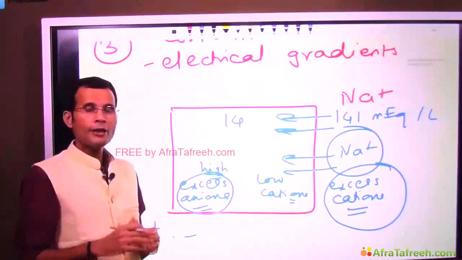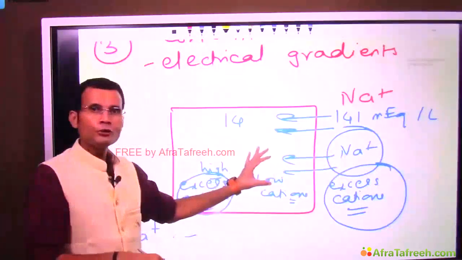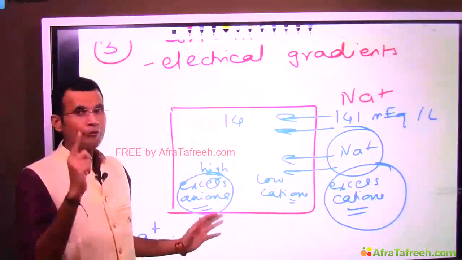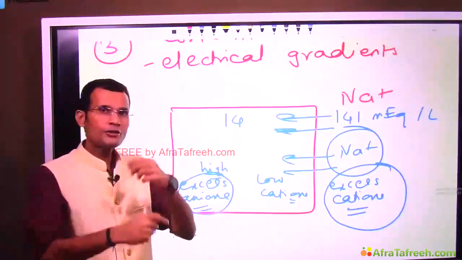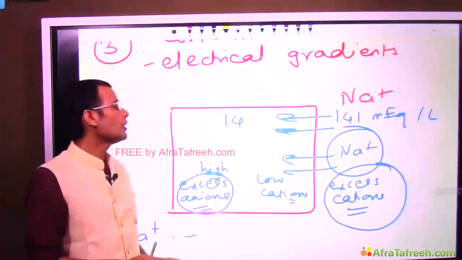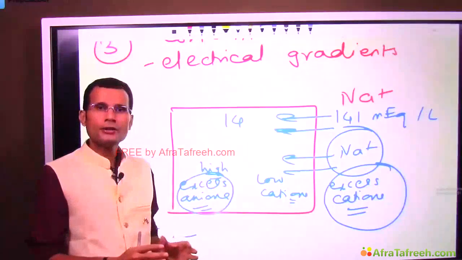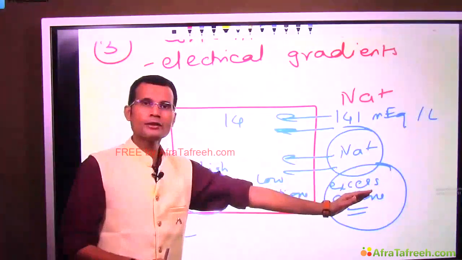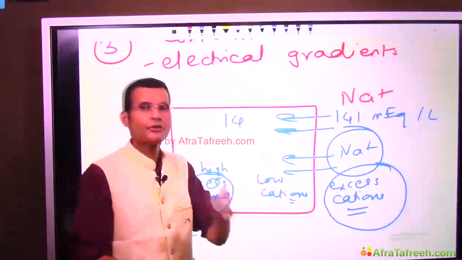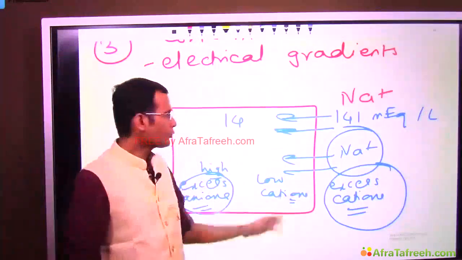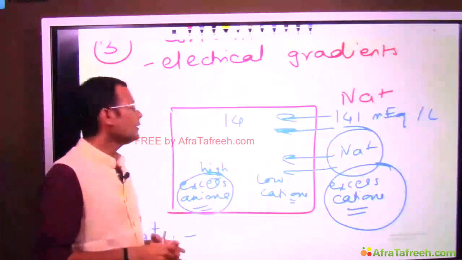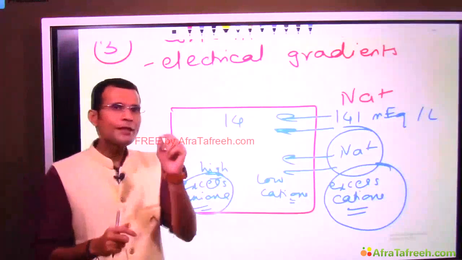So this time I will use the expression: sodium will diffuse from a high number of positive charges to a low number of positive charges. Diffusion occurs due to the concentration gradient, that's this 141:14. Diffusion also occurs because of the electrical gradient, that is, from a high number of positive charges to a low number of positive charges a cation will diffuse, and that's called diffusion by electrical gradient. So a cation like sodium will diffuse from outside to inside by electrical gradient, which means what? Which means